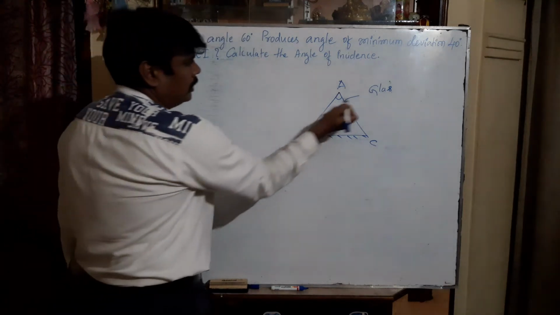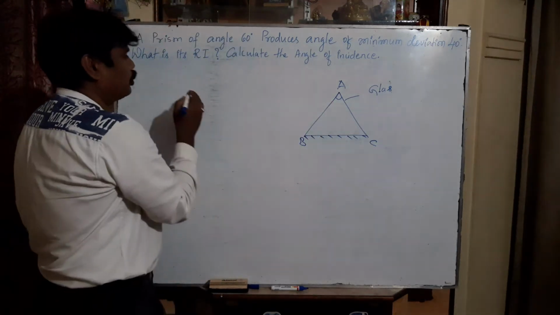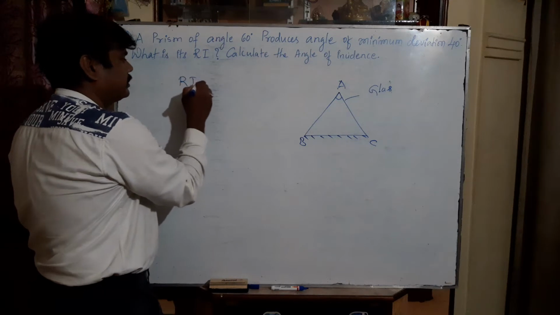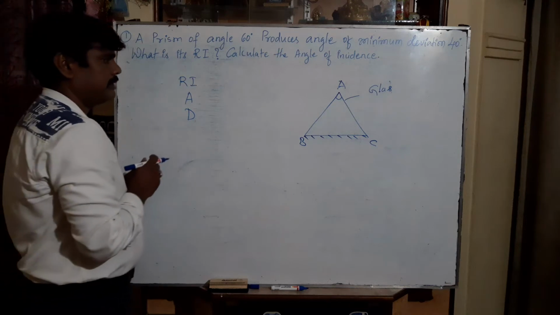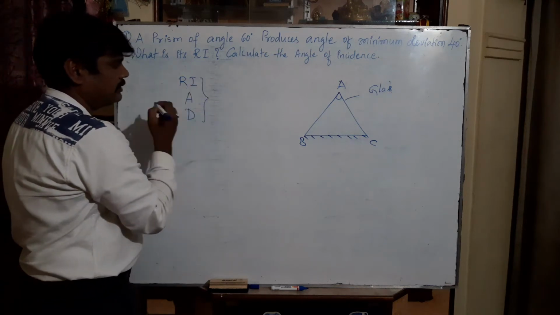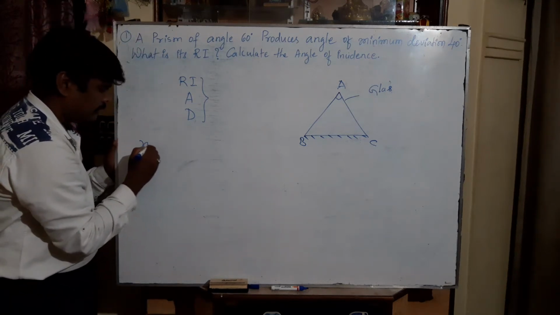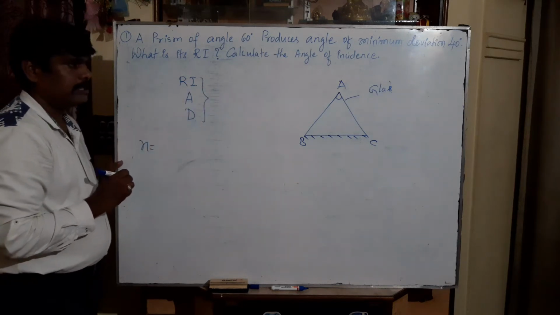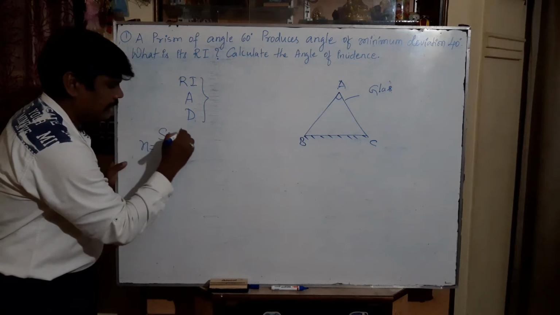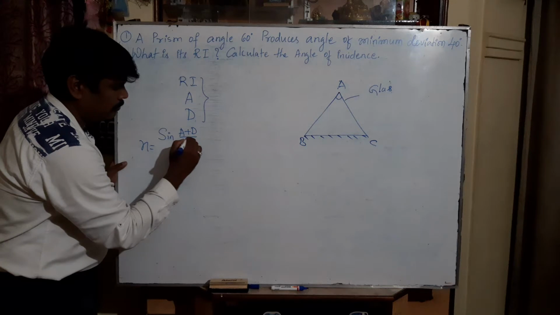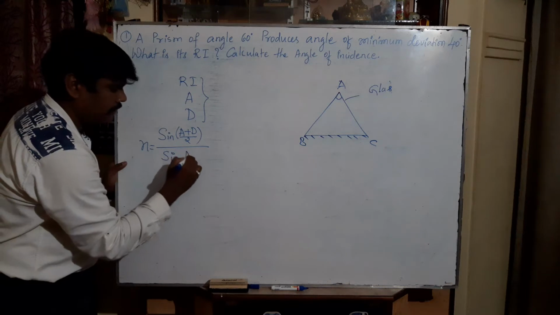Now, this glass has a constant value called refractive index. So in this problem, the refractive index, the angle of the prism, and the angle of minimum deviation, only these three variables are present. The relation between all three is given by this formula. N is the refractive index of the given material if it is placed in air media. The formula is N equals sine of (A plus D) divided by 2, whole divided by sine of A by 2.